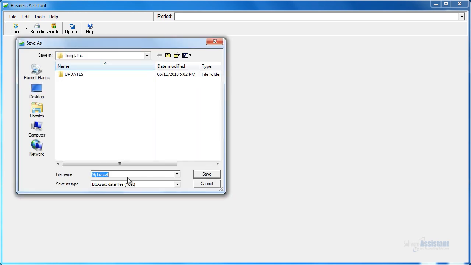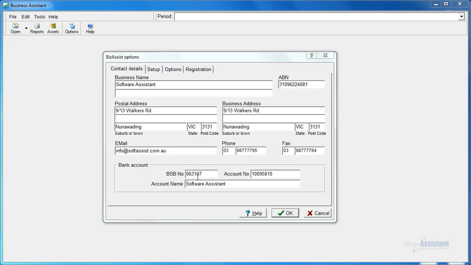Type in a name for the database and press Save. The new database will be created and the following screens will be displayed so you can configure Business Assistant. Enter your business name, ABN, address details, and other contact information such as email, phone, and fax. Also enter your bank account details in the following field so the details appear on the invoice